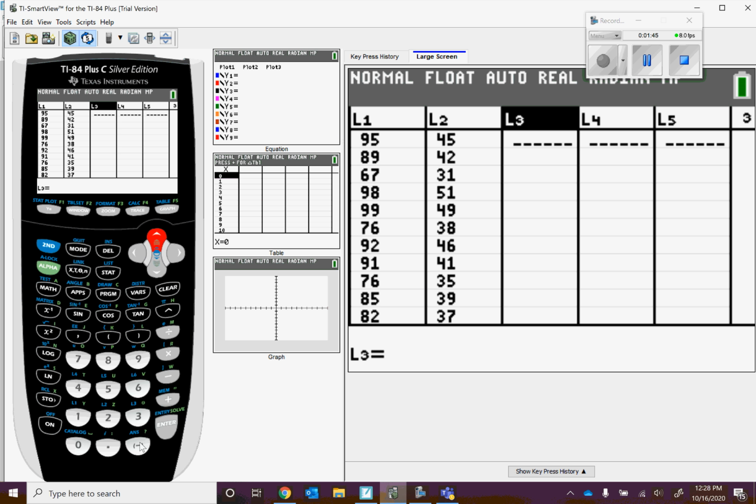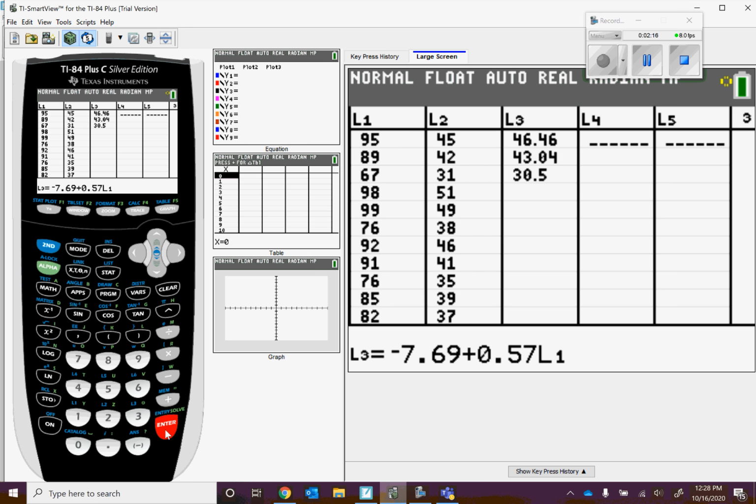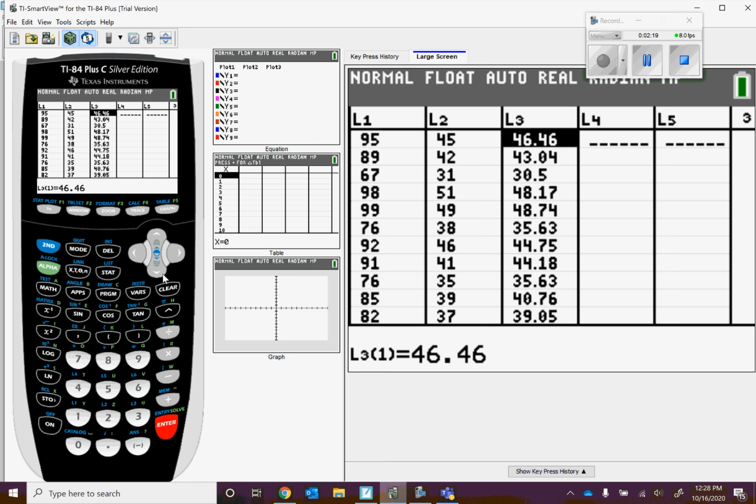In this case, it was, okay, the bell just rang, sorry, negative 7.69 plus 0.57x, but instead of x, we want it to plug in the values from list 1. So I'm going to go second L1, and this is going to basically pull each x value, plug it into this equation, and get a residual. I'm going to click enter, and if we notice,